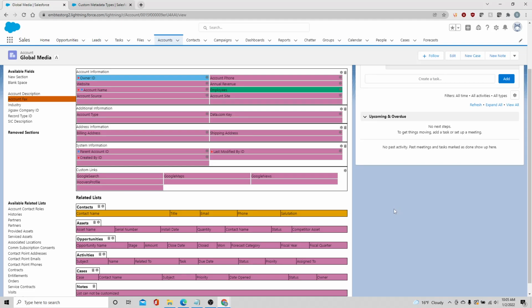One last thing to note is that the labels shown to represent the fields, such as account phone or account revenue, do show up in a black text, and this cannot be modified. So please try to avoid colors which make it hard to see black text, such as very deep blues or